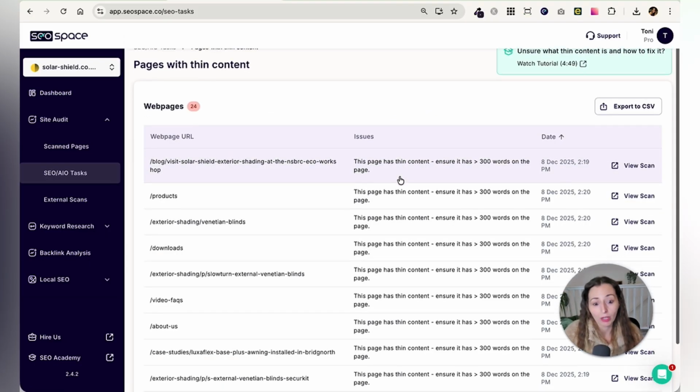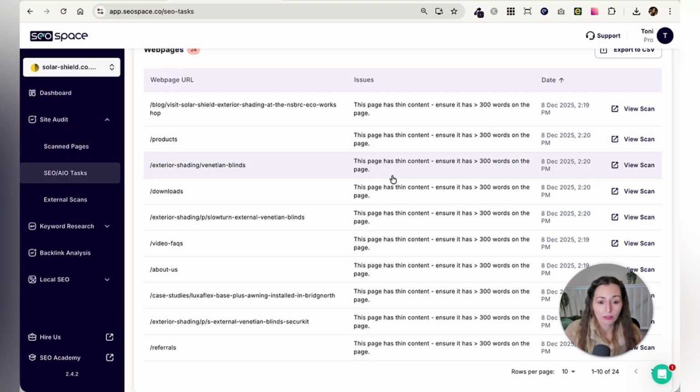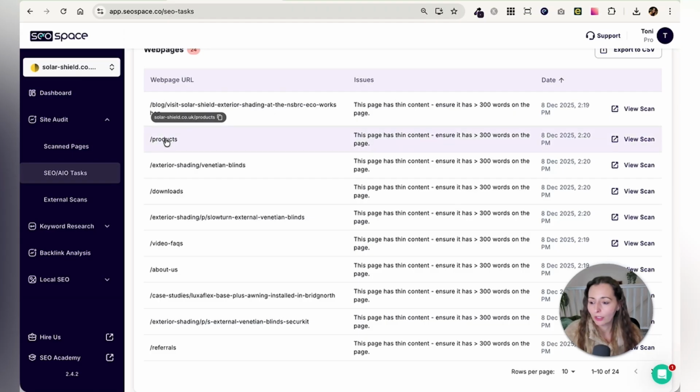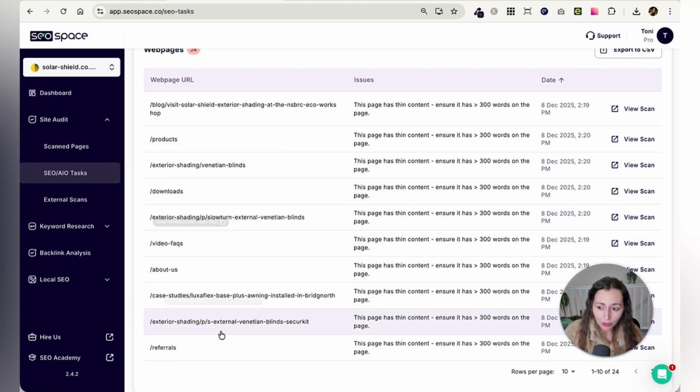So pages that just don't have enough content on there to get the attention of the search engines. So we can go in here and we can see which pages don't have enough content. We can view the scan of that page, which again I'll show you later on in the video what the plugin looks like. So you can make a note of these, or you can just use this dashboard,